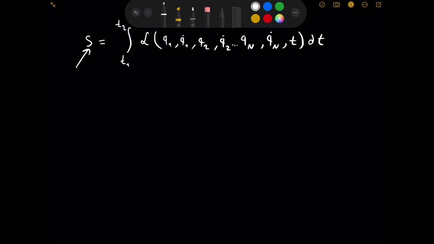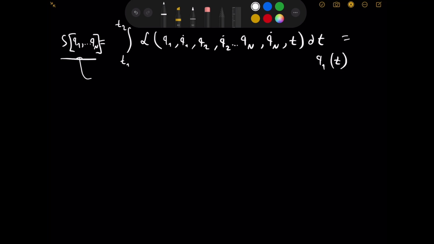As I was saying, this is called the action functional because functions take numbers as inputs and output other numbers. A functional, on the other hand, takes in a function as input. In our case, I think this is the notation they have, it will take Q1 through Qn, because remember, Q1 and Qn are all functions of time. We're talking about positions and velocities. So the functional will be taking in functions, and in this case, it will be outputting a number